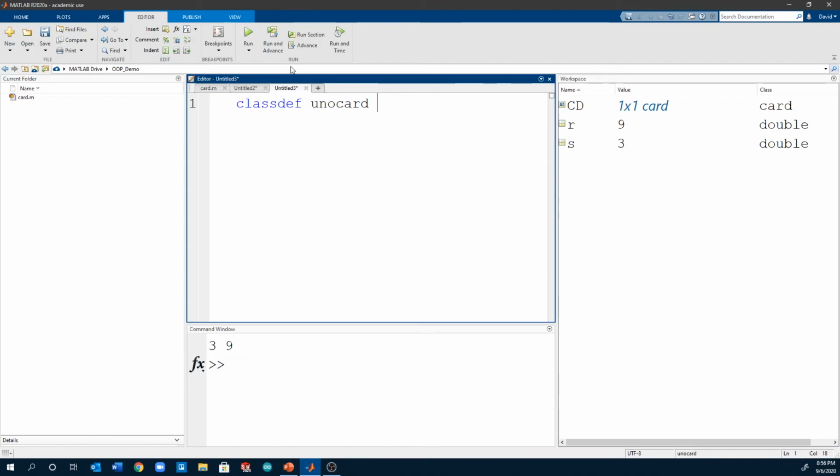Now we're going to use the less than sign here to tell it that we want to derive this from card. So by doing that, I now have the entirety of that card class contained within this class without writing the first line of code. Now we can keep our methods the same or keep our properties the same, but we need to change our constructor. So to do that, I can just say methods, and I could say Uno card,